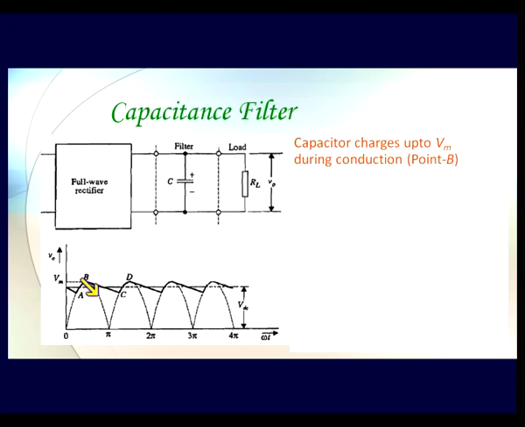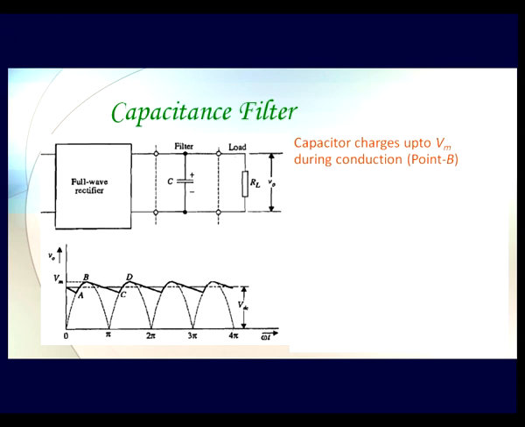Now the output of my full wave rectifier starts going down in this cycle here. But since there is a capacitor which is charged, the load will be looking at the voltage which will be supplied by the capacitor. So the capacitor is able to give the energy to the load when there is no input available from the rectifier output. So the capacitor gets discharged to, say, value C. But again when the next half cycle of the full wave rectifier is coming, it gets charged also. So again it regains the value up till D.